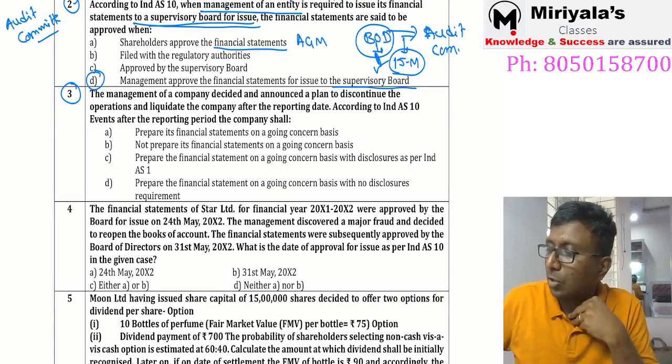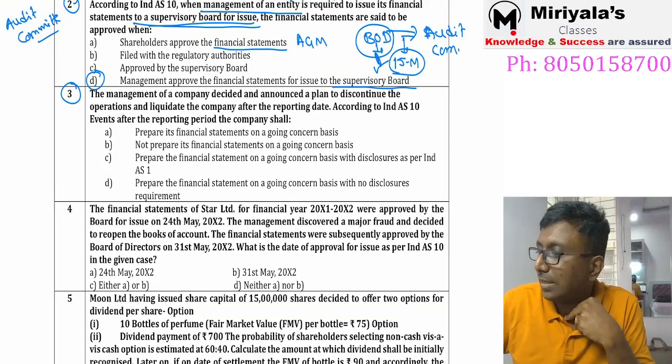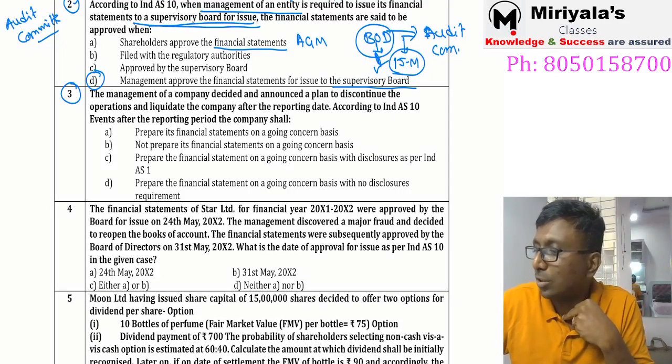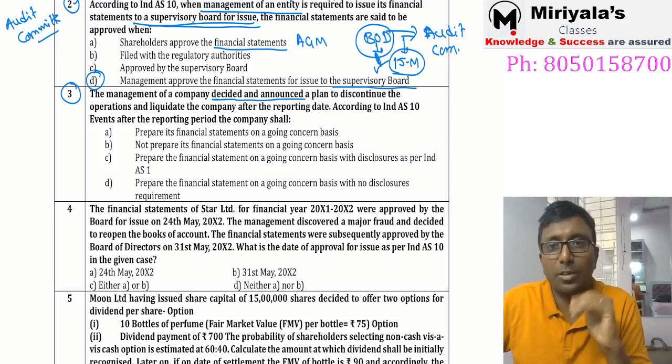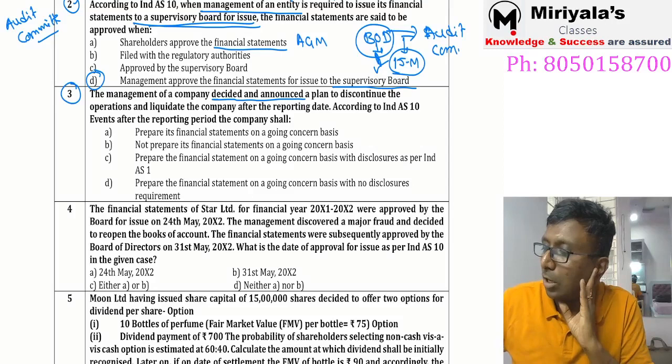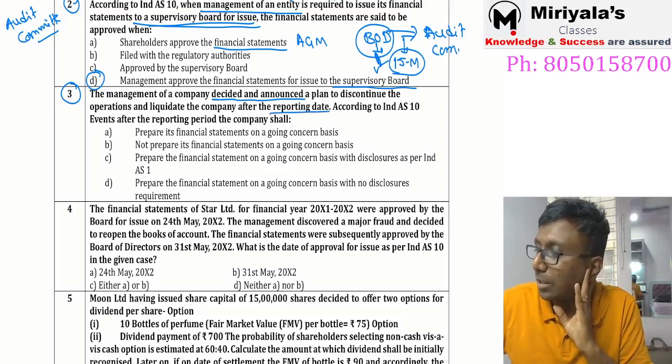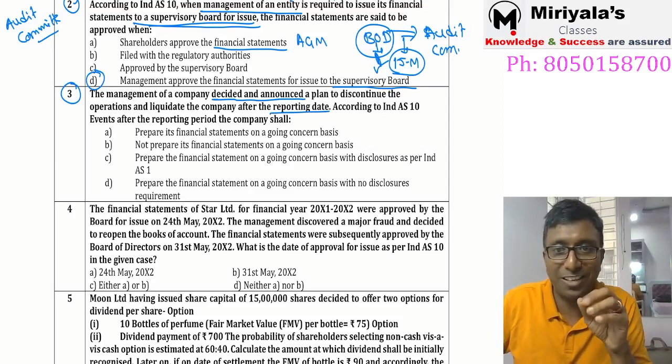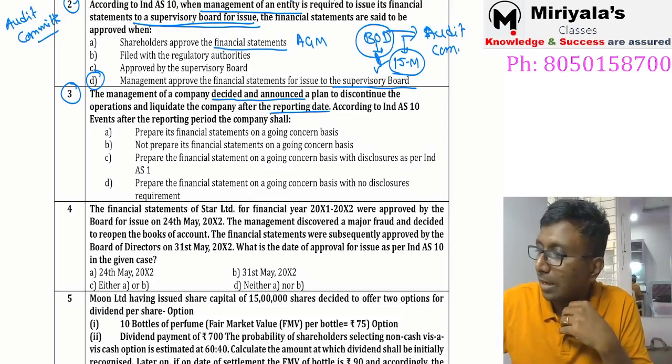Next, the management of a company decided and announced a plan to discontinue. Not only decided, they have made an announcement also to the interested parties, discontinuing the operation and liquidating the company after the reporting date. So after 31st March, you're liquidating also. According to Ind AS 10, events occurring after the reporting period, the company shall